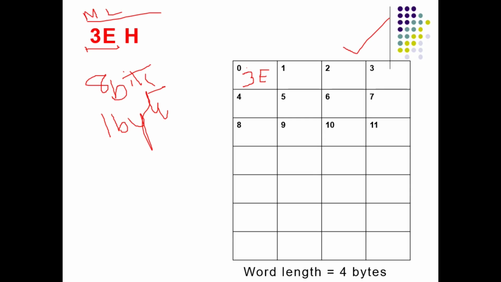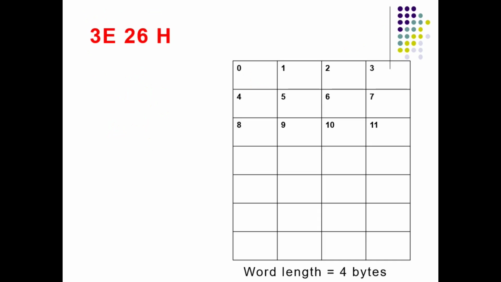So for explanation purpose, let me take one more example. This is one more hexadecimal data. Here you can see there are 4 digits. That means its size is 16 bit, nothing but 2 bytes. So this is 1 byte, 8 bit. This is 1 byte, 8 bit. So this is the least significant byte on the right side and on the left side this is the most significant byte.